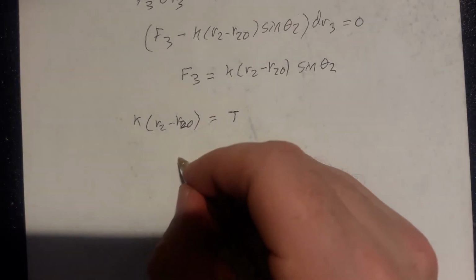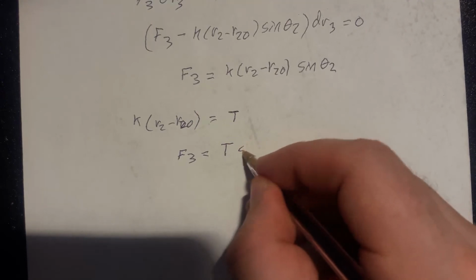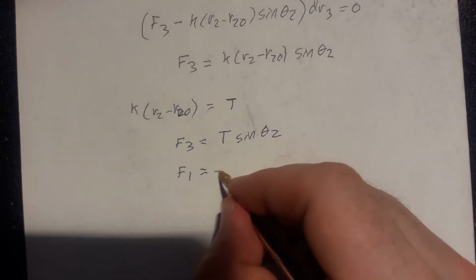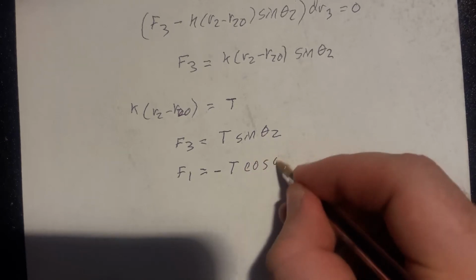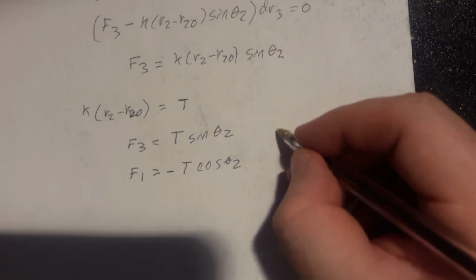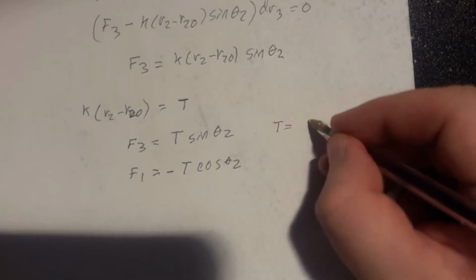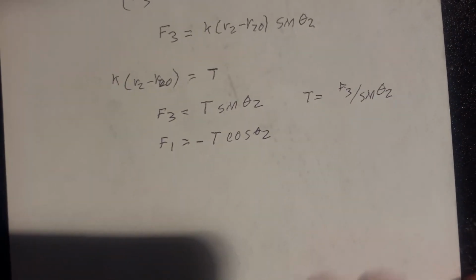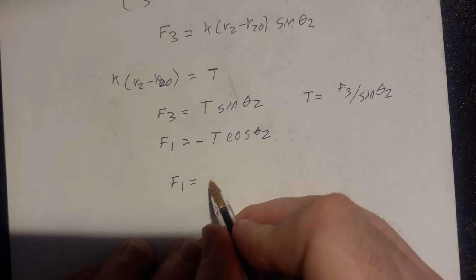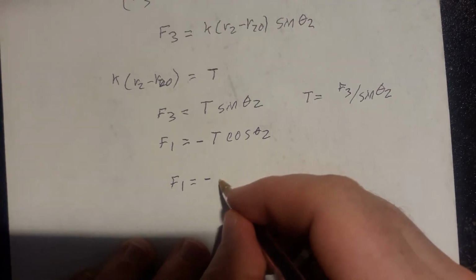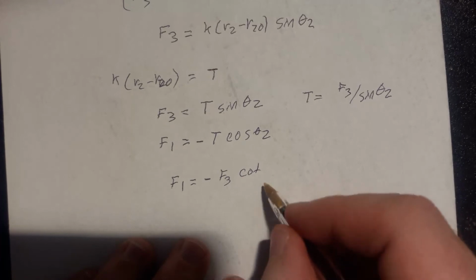Then we'll have our two expressions look like F3 equals T sine theta 2, F1 equals minus T cosine theta 2, and we could solve those in terms of T, and we would have T equals F3 divided by sine theta 2, and so we could say F1 is equal to minus F3 cotangent of